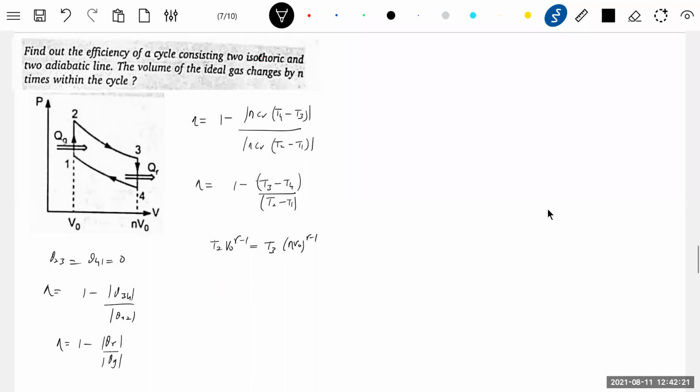Let me write one more equation. This will be T1 V0 gamma minus 1 equal to T4 N V0 gamma minus 1. T2 minus T1 is there. We'll take the difference of these two. Okay, now we have the equation V0 gamma, that will get, so 1 by N gamma minus 1 equal to, substitute that there, so the efficiency will be